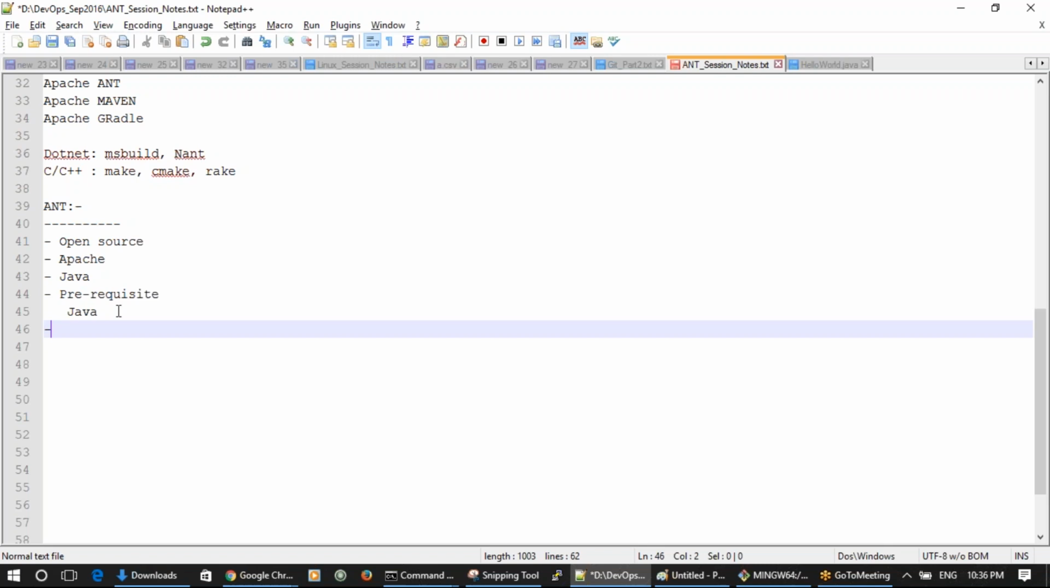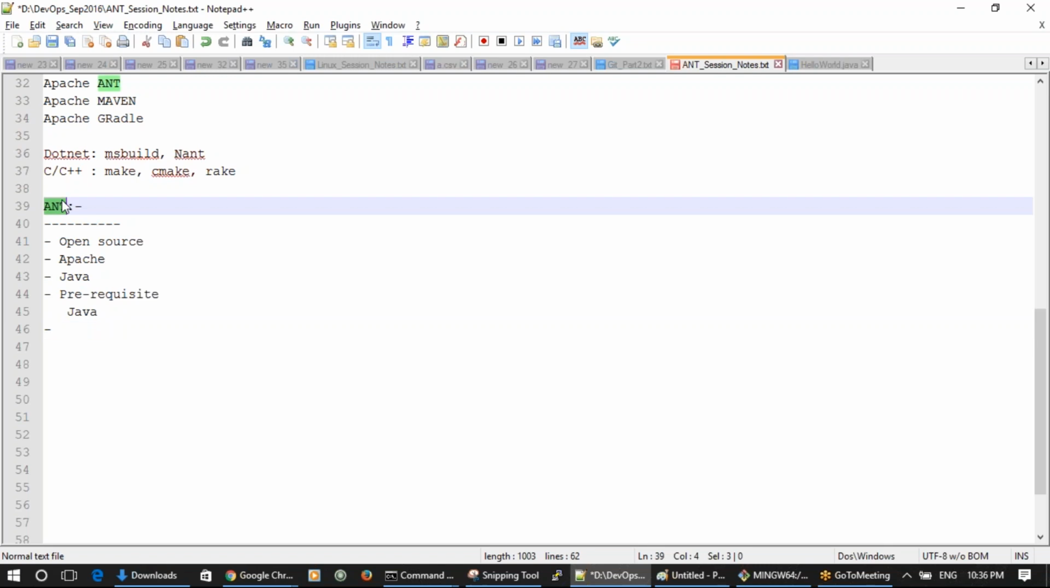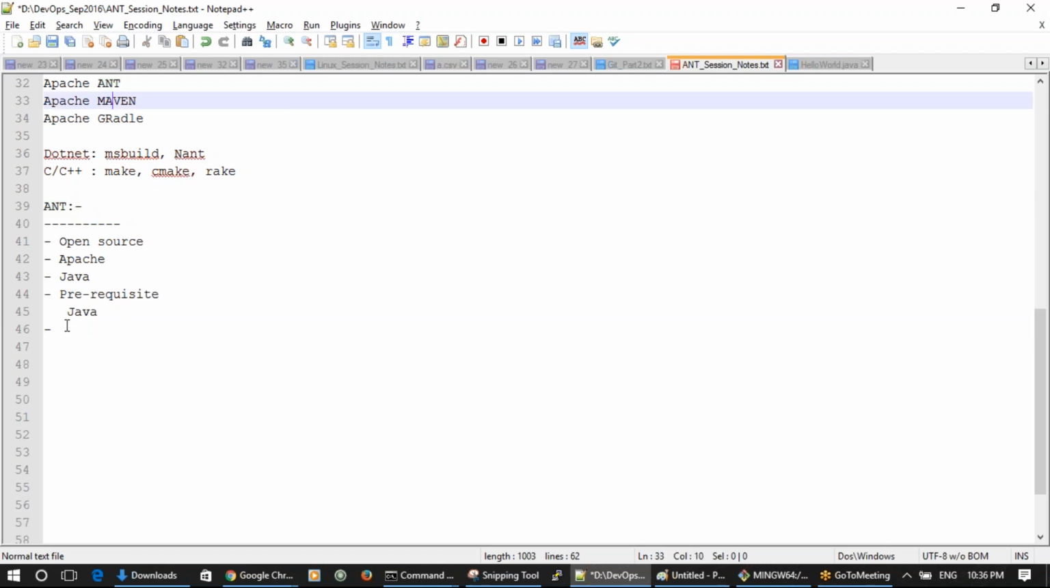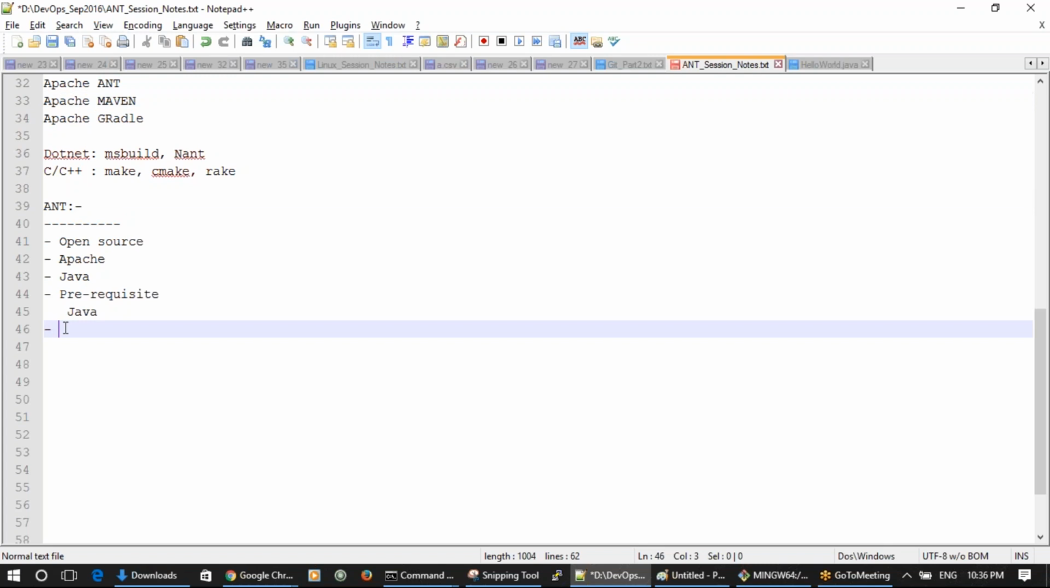Okay, so as the manual build process has some problems for us, that's the reason we are choosing this automation process, automation with the help of these tools. So what else? Okay, so this is an XML based